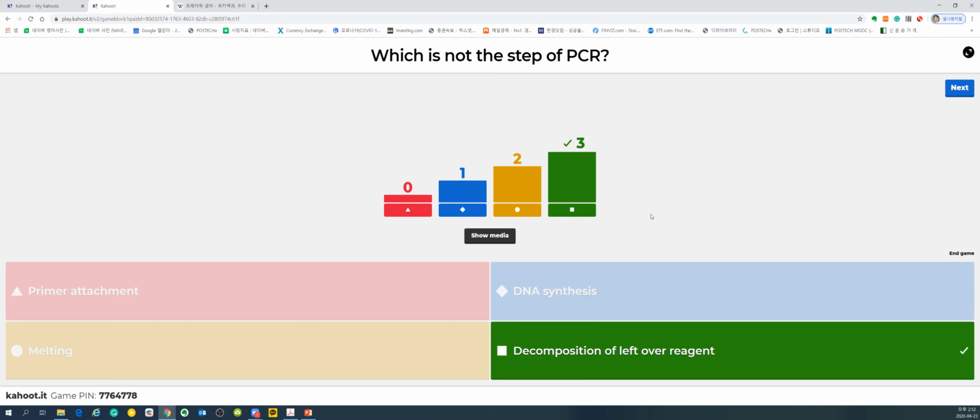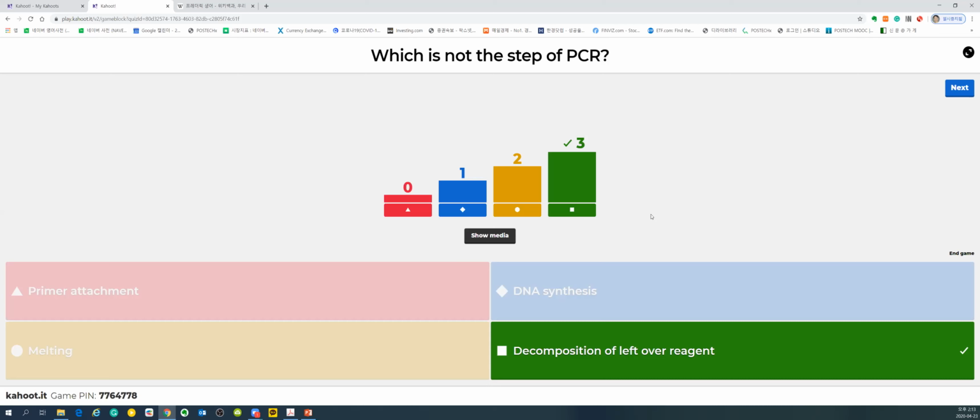So in PCR, there is a primer attachment in the beginning. You have a template, some length of DNA, and you want to make a copy. You add the primer to the template, and the primer is attached at one side. Then DNA synthesis happens after the primer. After synthesis is finished, you have a double-stranded DNA. That double-stranded DNA cannot be used for the next cycle, so you need to dissociate those two. That dissociation we call DNA melting.